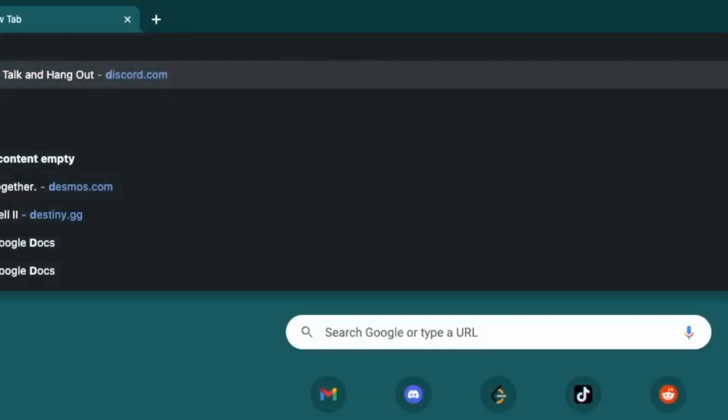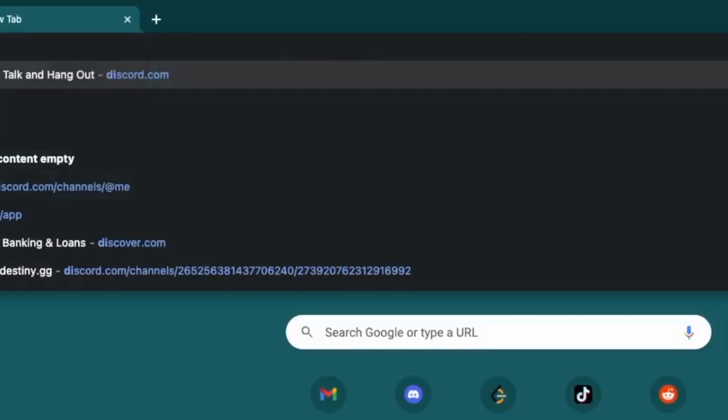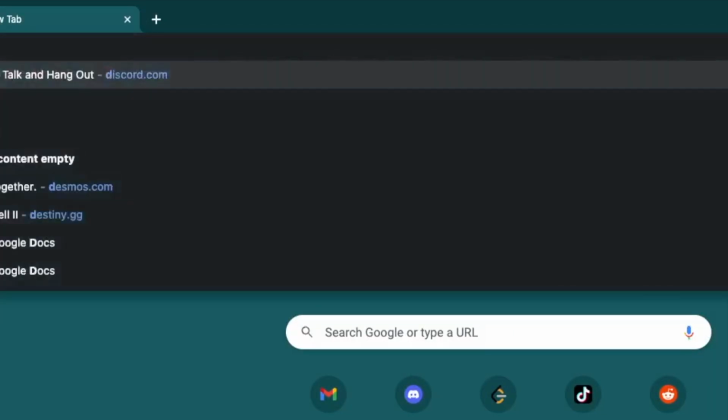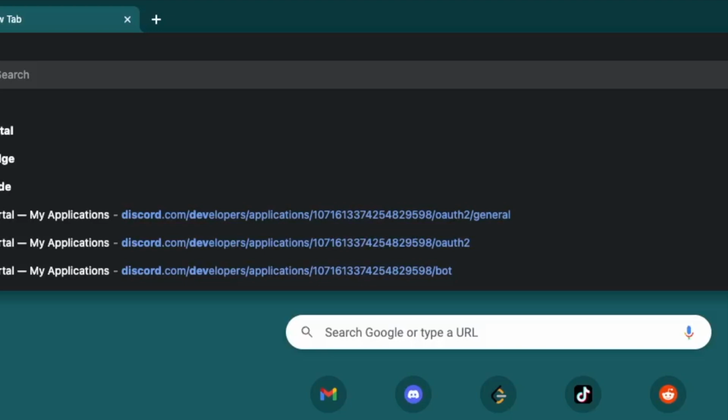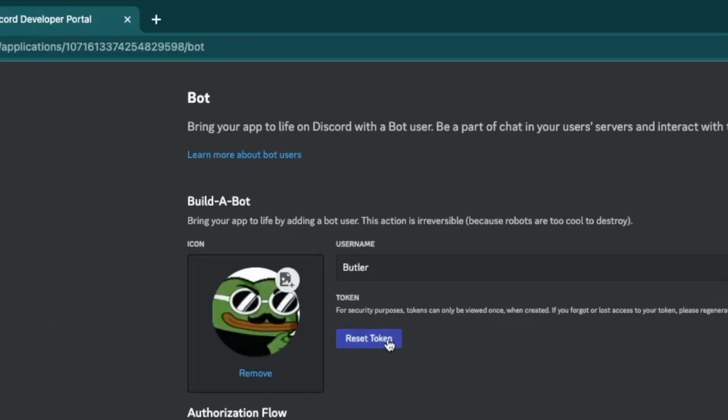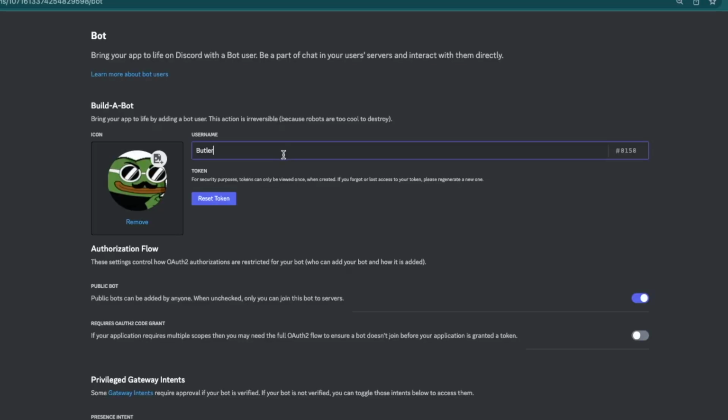So we have to go to discord.com. So we have to go to Discord developer. We'll go to My Applications, and we'll be given a key. It'll be a token. I already have a token, but if we wanted to,